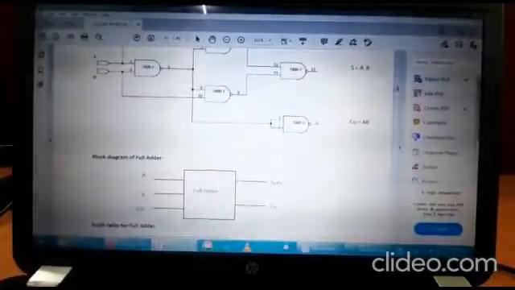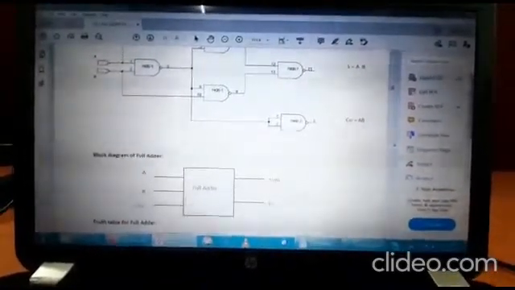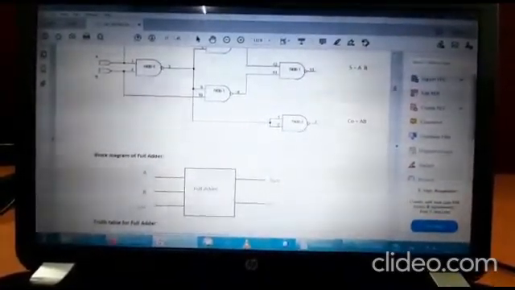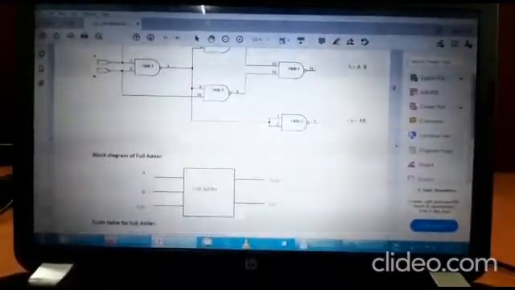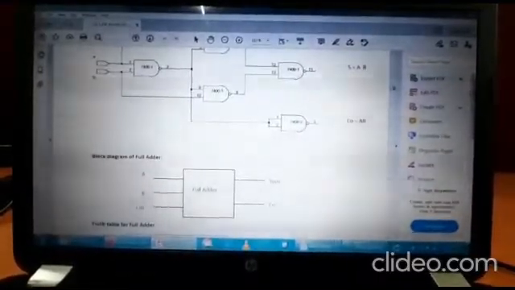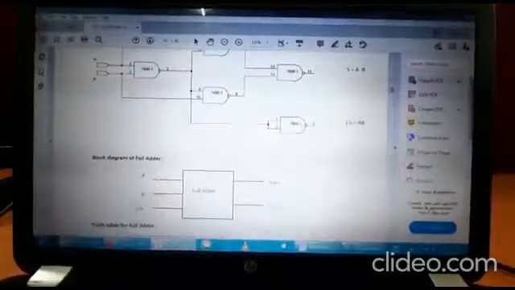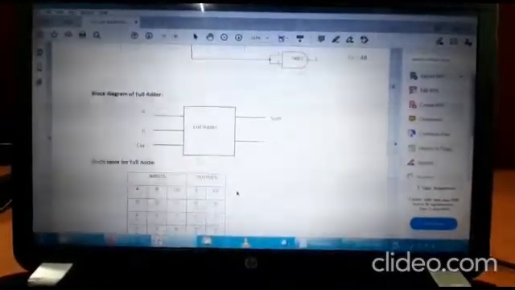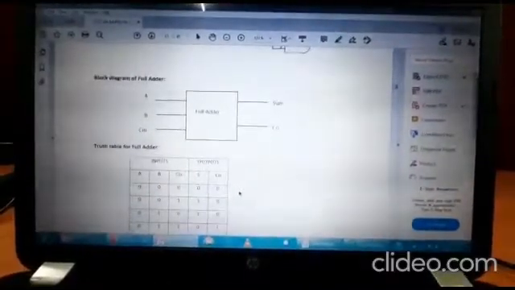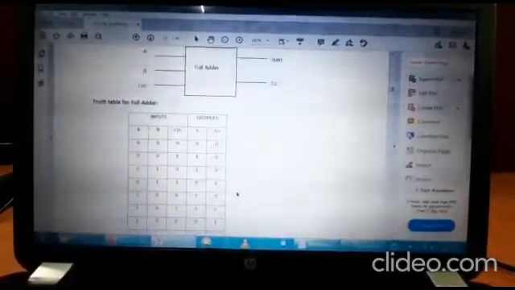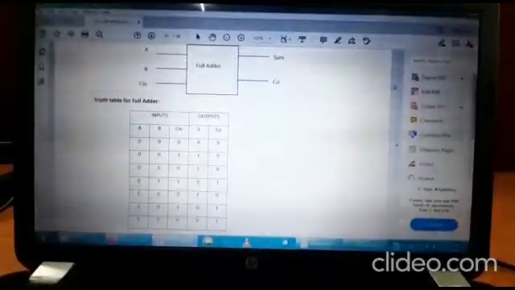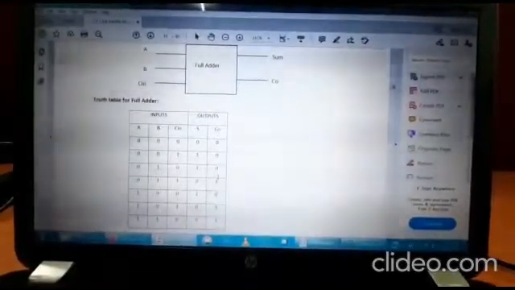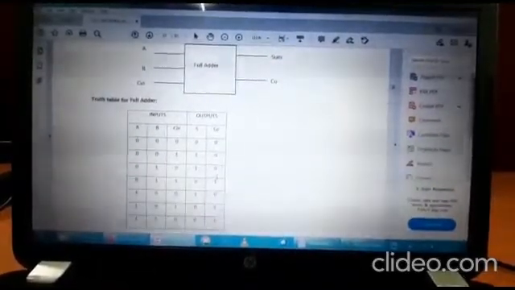Now the full adder circuit. In a full adder, the carry is taken into account. So along with the two inputs A and B, you also have a carry input C in. So A, B, C in are the three inputs for the full adder, and sum and carry are the outputs. In addition to A and B inputs, you need one more signal C in for accounting the carry generated. So totally 3 inputs you have, students. So 2 raised to 3 equals 8 possible input combinations.